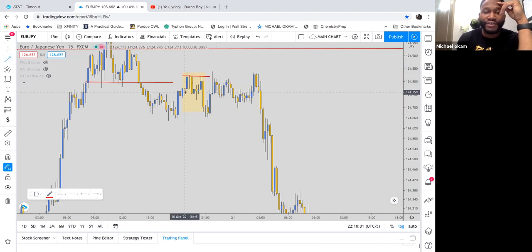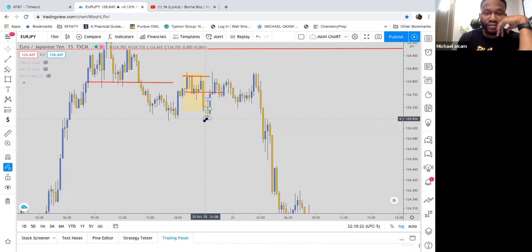I'm looking for another break of support, only because on the 30-minute time frame, I didn't get that consecutive bearish variation. That's why I'm doing this, just to make that clear, okay? So I'm looking for another break of support. This candle gave it away. All right, open and close below the support level. Guys, as soon as that happened,